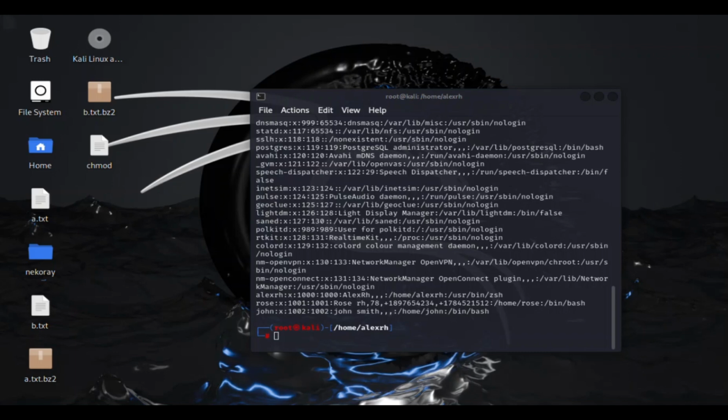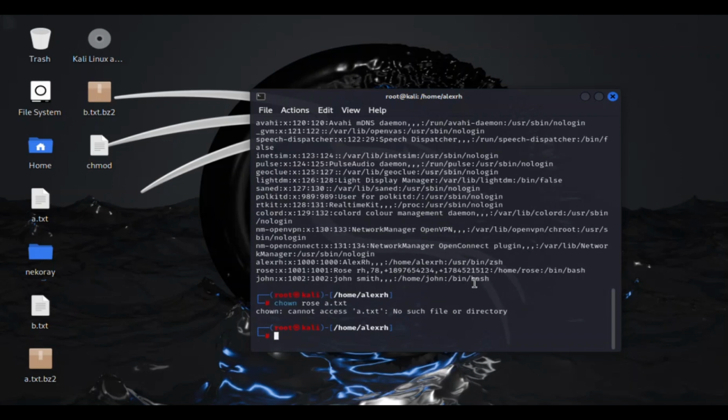Now, for example, let's say you want to change the ownership of the file a.txt to a username, for example rose, and group name rose. You would use the following command. If you only want to change the owner and keep the group the same, you can do it like this. Look at this: chown, then type the username rose, then a.txt, then type enter. You can see